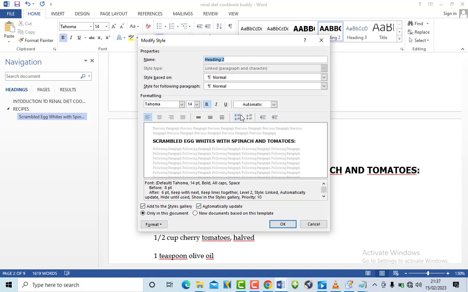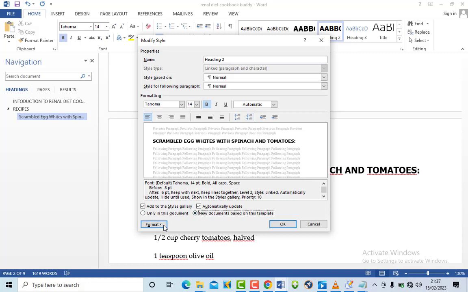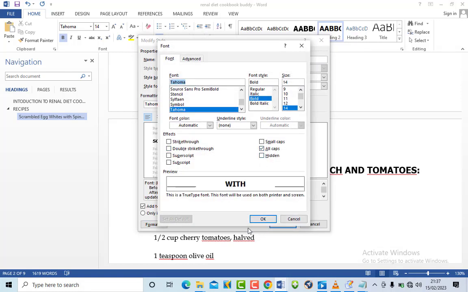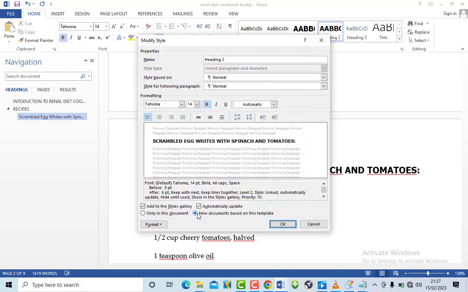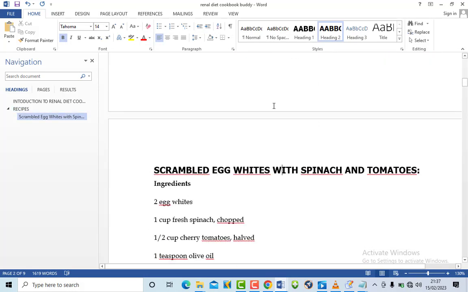And then this particular one, I think I already clicked it once, so I don't need to click it more than once. And then this one, we should be here. The font is already in all caps, just as I said. So for this one, you click on this, automatically update, and this, you click OK. So by the time you are done with all this, you have